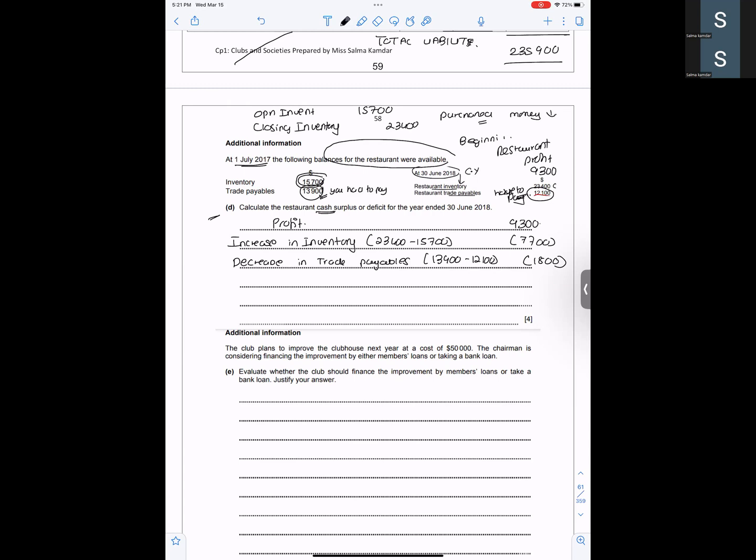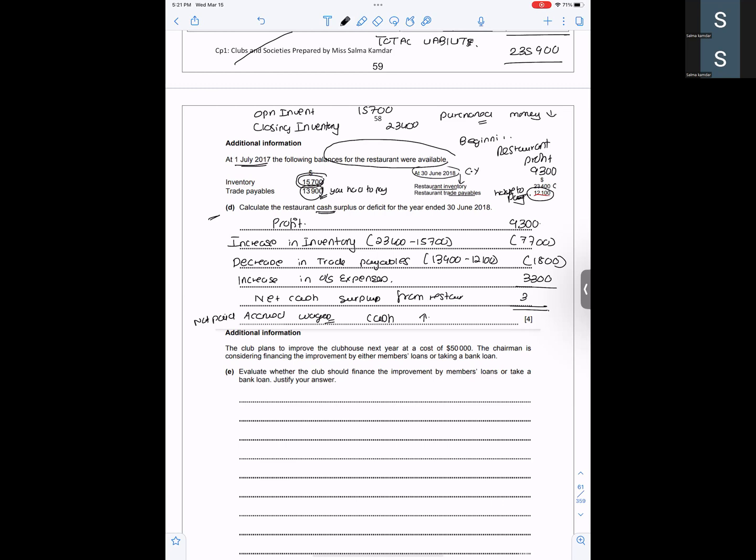Also, you have not paid something. You have not paid your accrued wages. If you've not paid your accrued wages, that means your cash has increased. You have taken some credit and kept cash in your hand. So an increase in outstanding expenses will increase your cash balance. So the increase in outstanding expenses is 3,300. So you have net cash surplus from restaurant